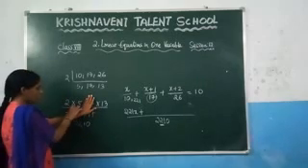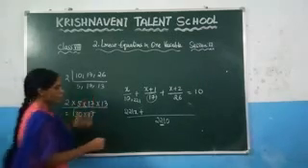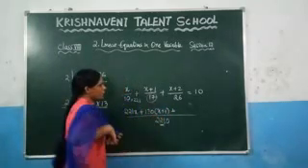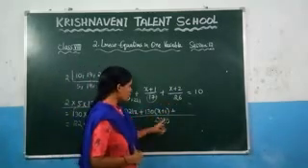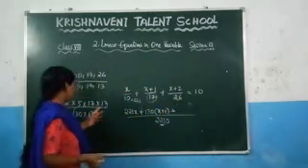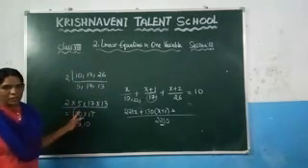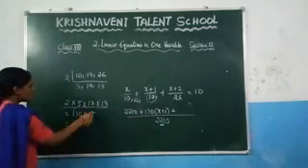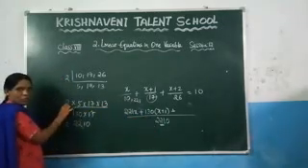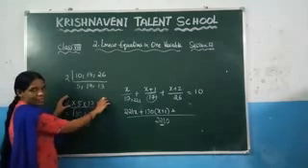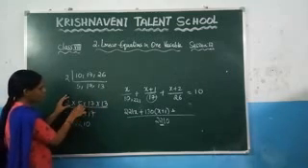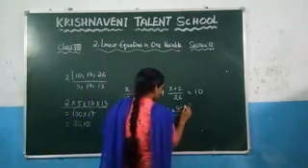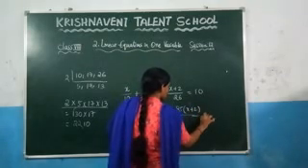So what do you get? 2 into 5 is 10, and 10 into 13 is 130. So here it is 130 into x plus 1. Similarly here you need to check in the 26 table when you will get 2210. This is the LCM we got here. Now which numbers do you need to multiply to get 26? You can observe that 13 into 2 is 26, right? So leave these two values and multiply the remaining values. What are the remaining values? 17 into 5, which gives you 85. So here you will get 85 into x plus 2 is equal to 10.